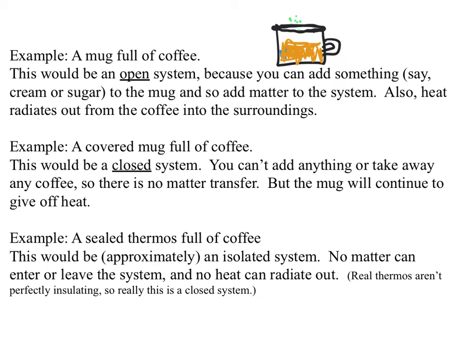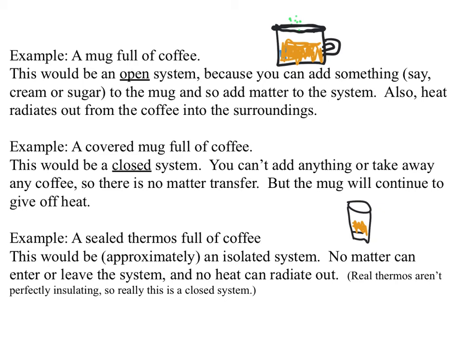And then finally, imagine you have instead a thermos, one of those travel mugs, if you prefer. And inside the travel mug is some coffee. This is an isolated system. Well, at least approximately. It's isolated because matter can't get in or out. You can't drink it. You can't add anything to the coffee. But also, if the thermos is well insulated, heat won't get in and out. It will retain its heat for a very long time. If it was truly perfectly insulated, it would retain it forever.